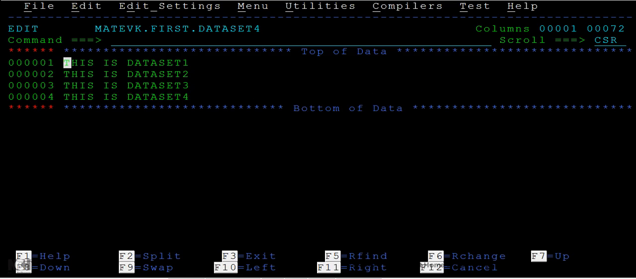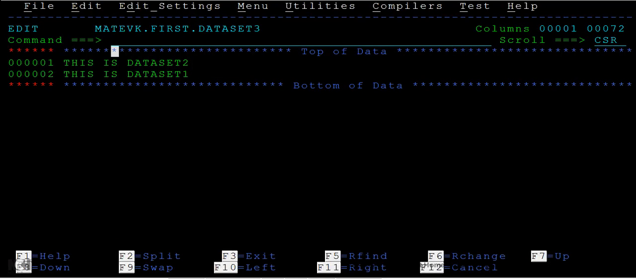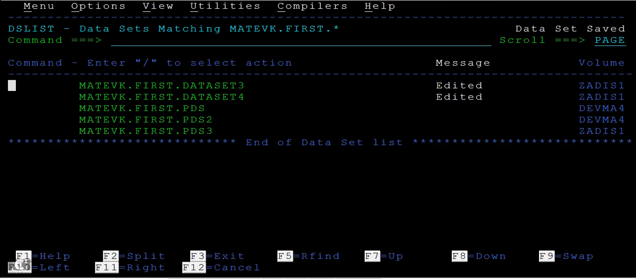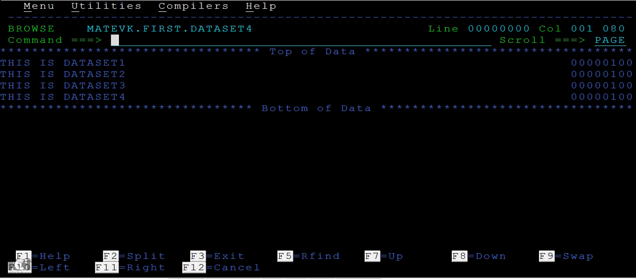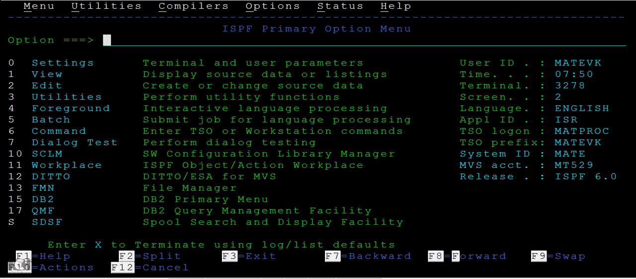1, 2, 3, 4 it has, and here you will have 1, 2, 3, sorry. So in dataset 3 you have 3 records, and in dataset 4 you have 4 records, right? Okay, just go back, and now we'll compare these two data sets and see what the difference is between